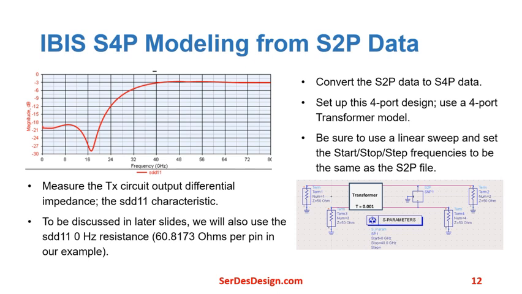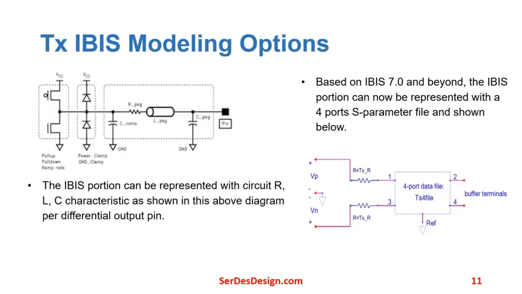To convert the S2P data into S4P data that is usable in an IBIS model, set up an S parameter schematic with this S2P file and with a 4-port transmitter, as shown in this schematic below. The differential output impedance characteristic will be the same as the original S2P data. Be sure to use a linear frequency sweep with the same start, stop, and step frequencies as the S2P data. We are now ready to discuss